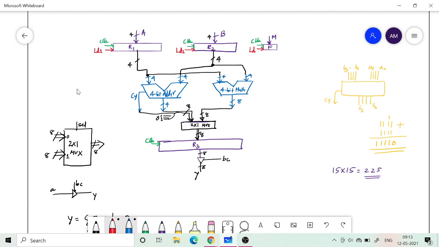So this also we will load parallelly at the same time. Since I know that I would load all of them at the same time, I can make things simpler by saying that. So this is what I was telling. Everywhere I will just put LD.